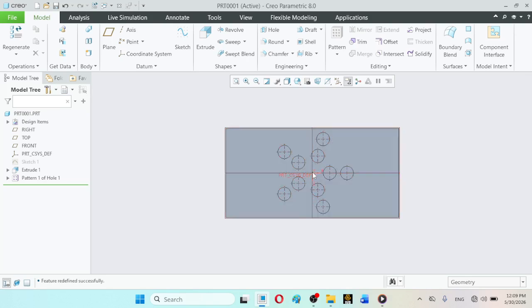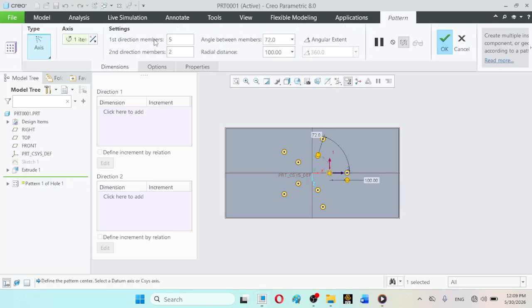So remember, the first direction is the transverse direction in which the angle is defined, and the second direction is the radial direction in which the radial displacement between the members is defined, and this distance can be outwards or inwards in any direction. For example, you can increase it to be for example 110.